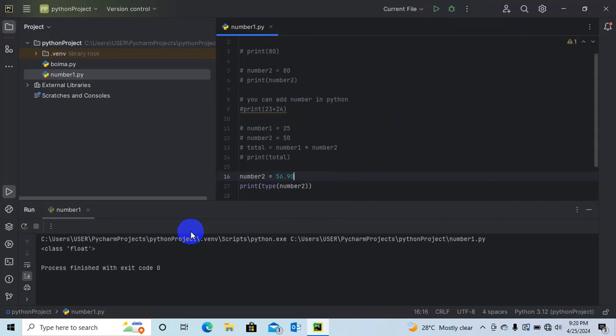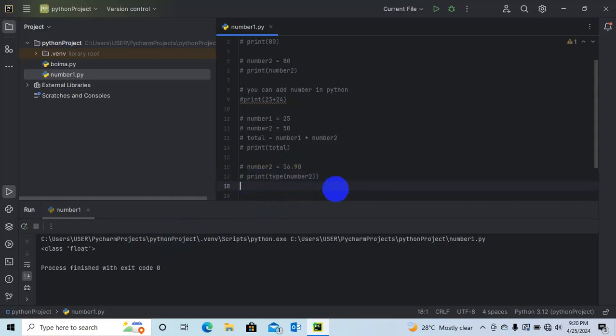Now let's move on. The next thing I want us to talk about is how to convert numbers to string. How can we convert an integer to a string? So for example, let me select this and comment this so that we do not get confused. So how can we convert numbers to string?